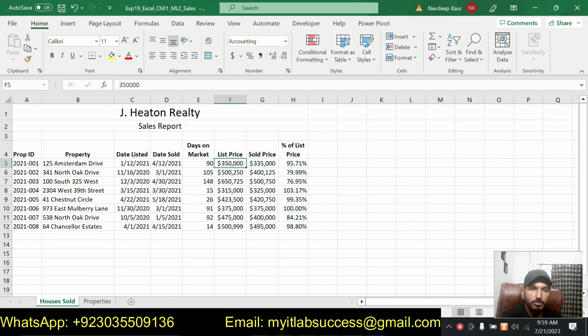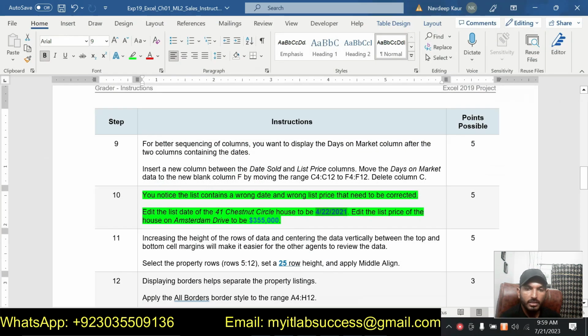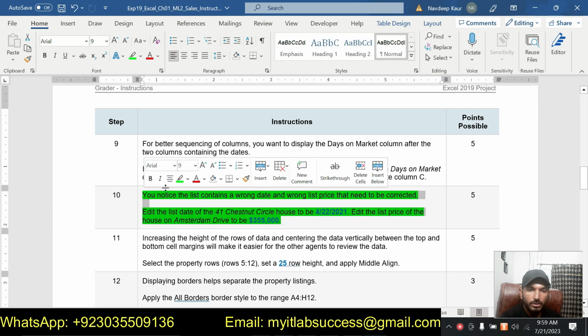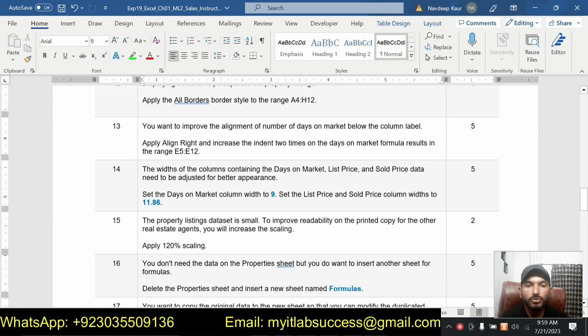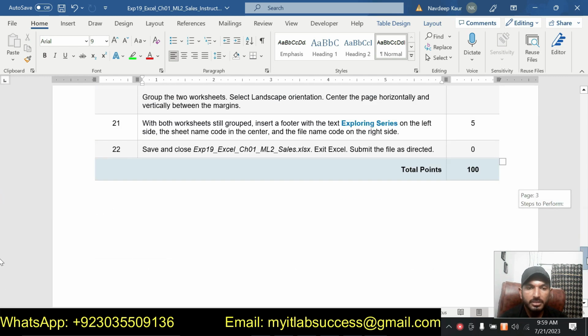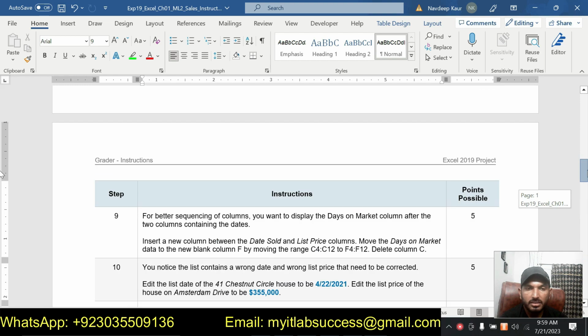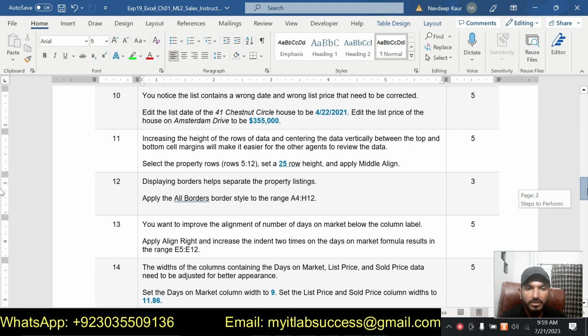So we are supposed to make this 355,000. So we have made the changes according to step number 10. So we have completed 10 steps so far, and total steps in this assignment are 20. So I have shown you half of the assignment,